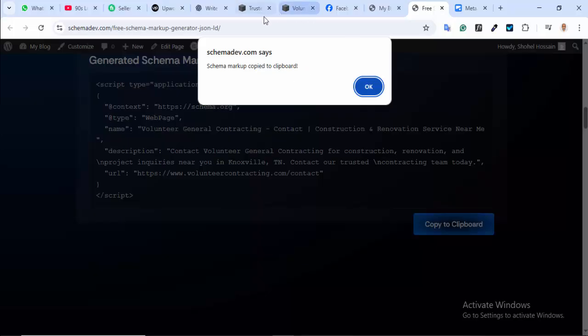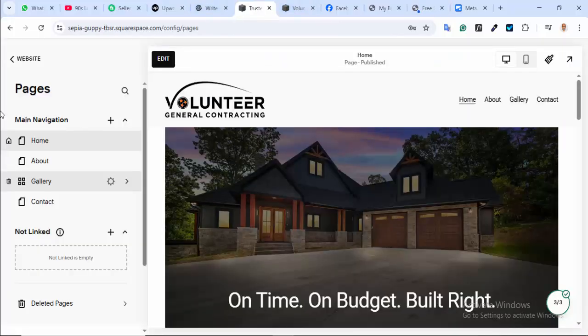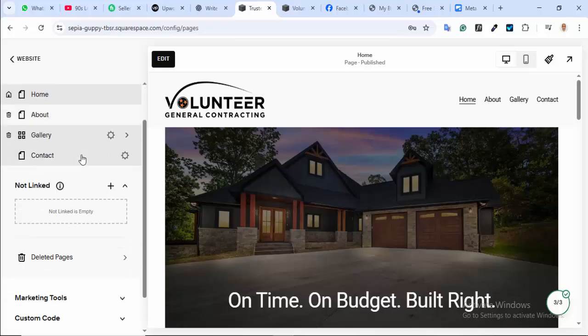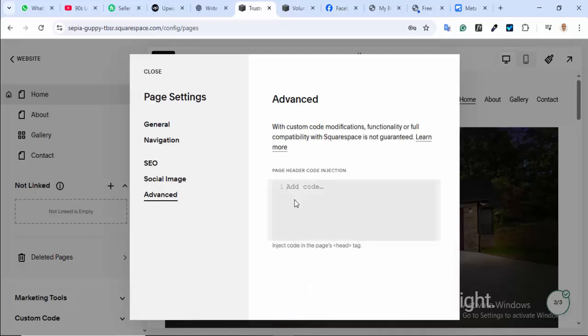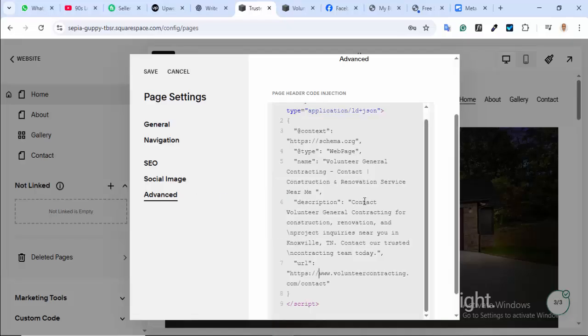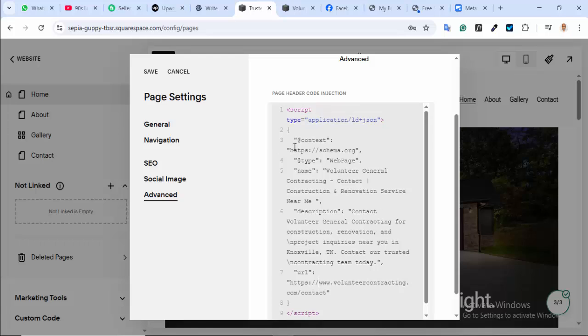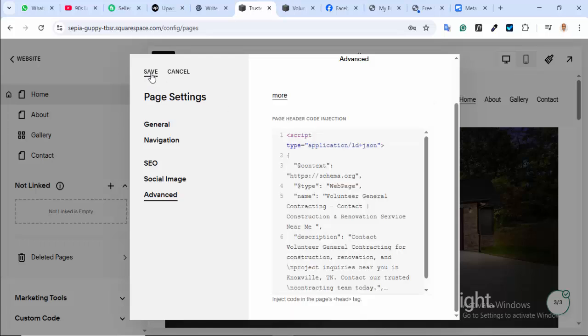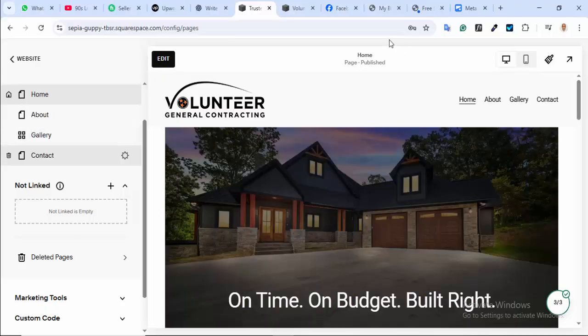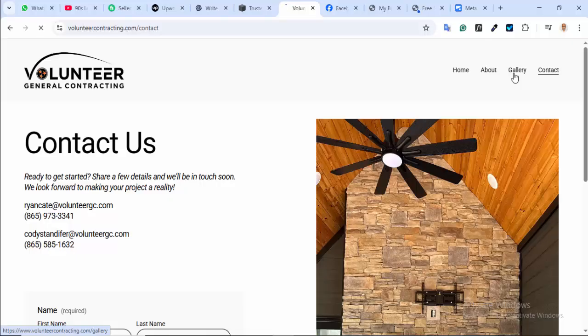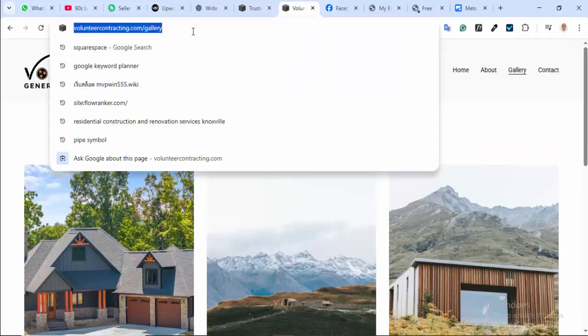Now go to your website, that means your backend. Now select the specific page in which you want to add your schema markup, then go to the advanced section and paste the schema here. Okay, that's all. And after that you just need to click on save. And I will add another schema for another page, that is my gallery page, and I will do the same